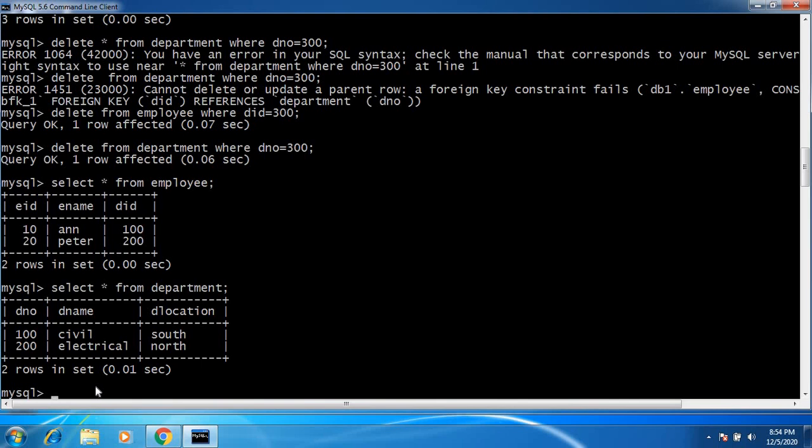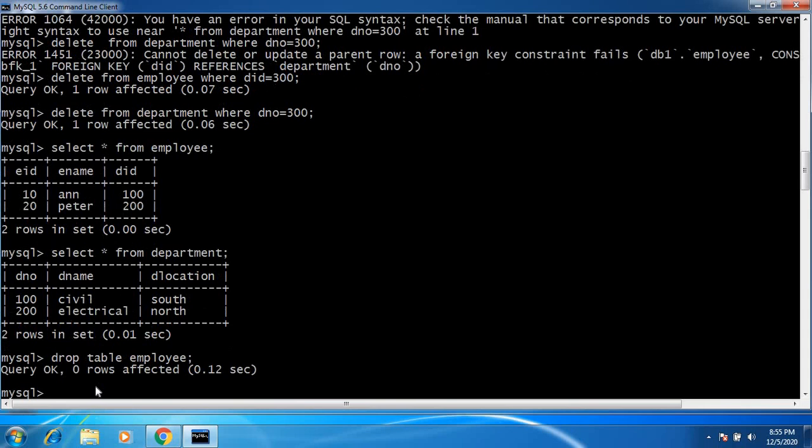If I want to do that, I have to alter the particular table. So how to do this? I will drop this employee table, and now again I create it once more.